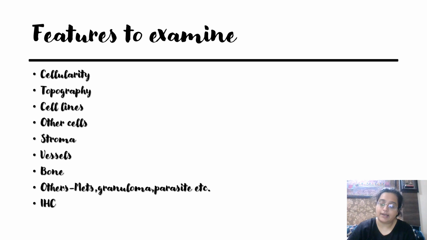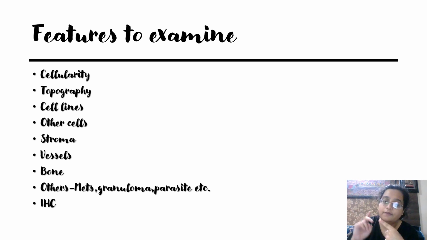And to determine an architecture, you have to always move from the lower power to the higher power, because you have to examine the entire core in its entirety, so that you don't miss anything, so that you can see the adequacy of the core. Grossly, it could be a 2 centimeter marrow, but if 1.8 centimeter of that is just cortex, because some patients have a thick bony cortex, and just say 0.2 of it is marrow, then you cannot report it. It is wrong. It has to not be reported, because it will give you a wrong reporting, and I'll tell you why. It is there in further slides. So I always go from a lower power to a higher power.